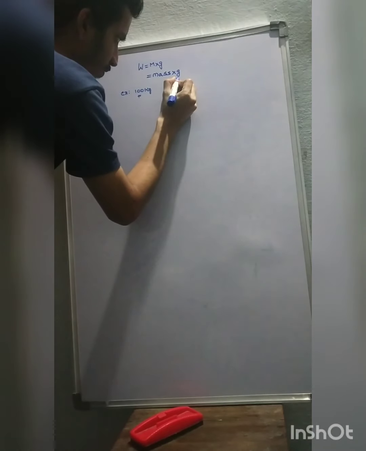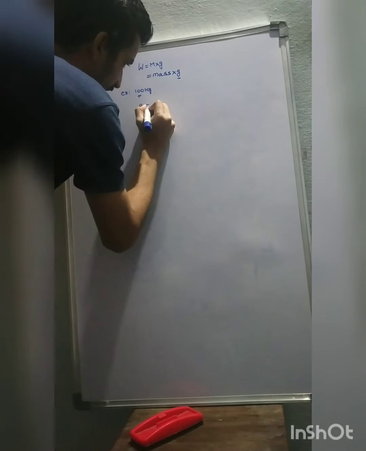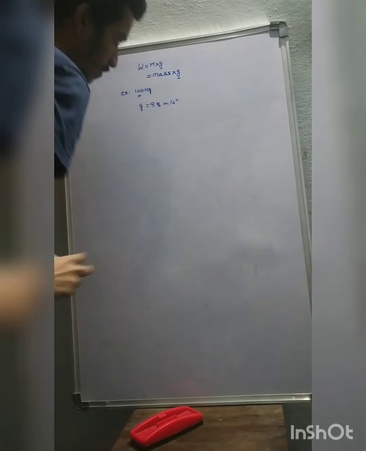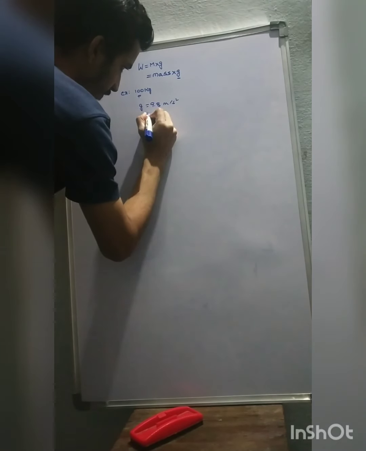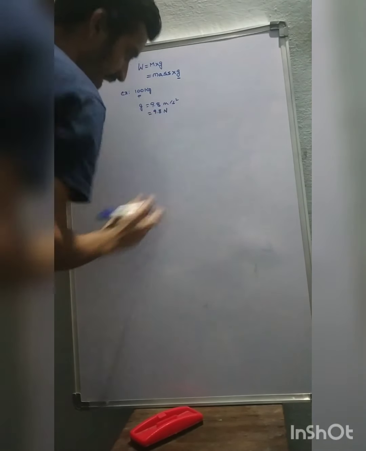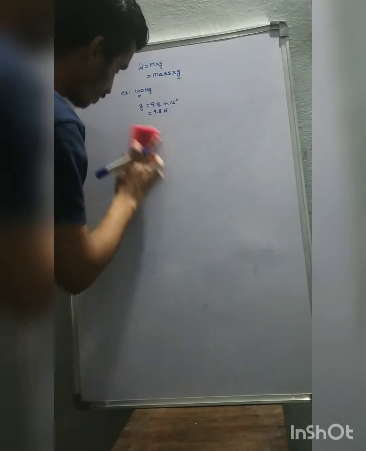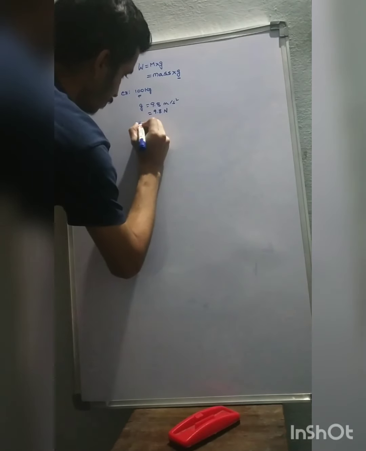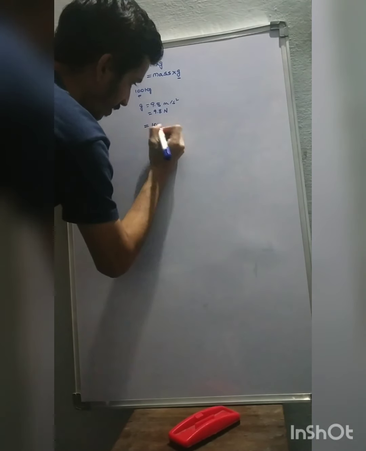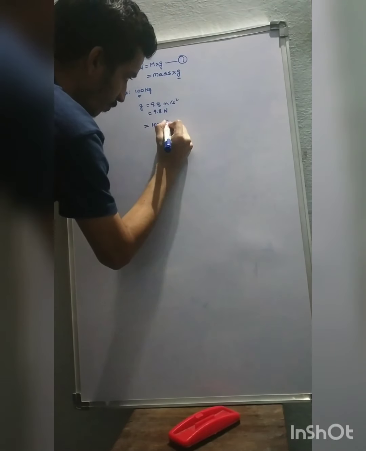So here we should know what is the gravity of Earth. We all already know that gravity is 9.8 meter per second square. So for base units, we take this 9.8 meter per second square as N, which is nothing but newtons, because weight is a force. So the weight of the 100 kg mass body is 100 into, substituting in equation 1, 100 into 9.8.